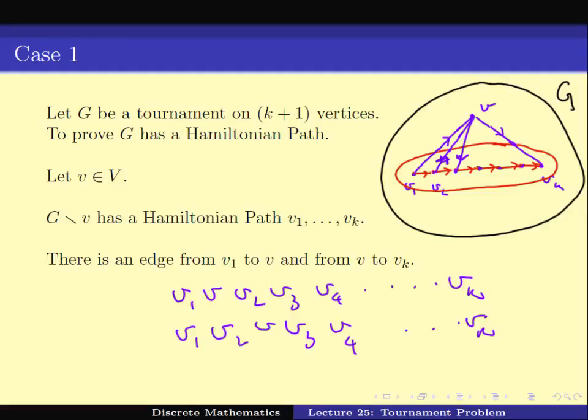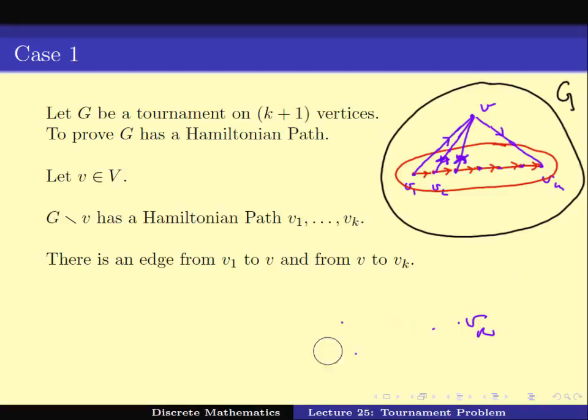I could have this edge from V3 to V going in the opposite direction, like this. Now the question is, can I always have edges going in the upward direction? The answer is no, because even if all the edges were going in the opposite direction, at the end the edge V to Vk goes in the downward direction.